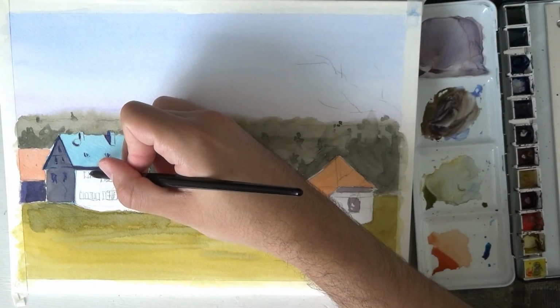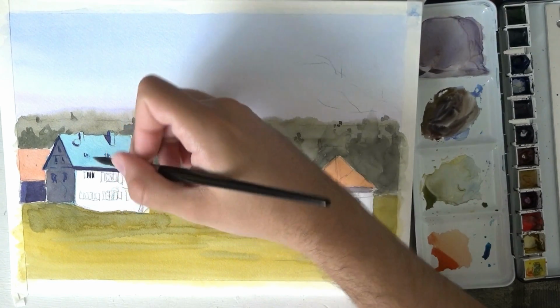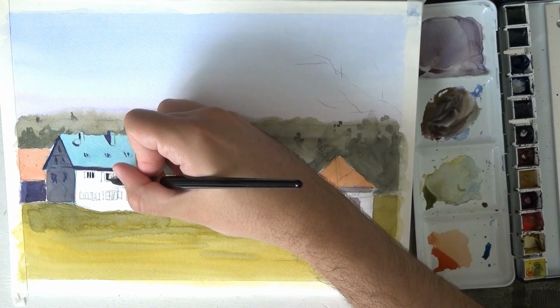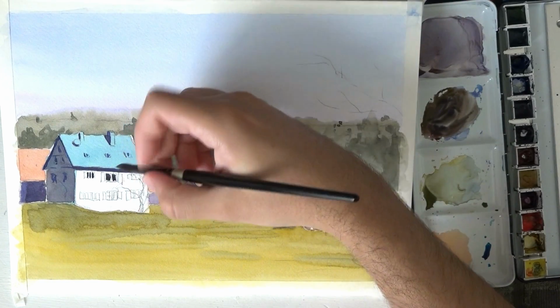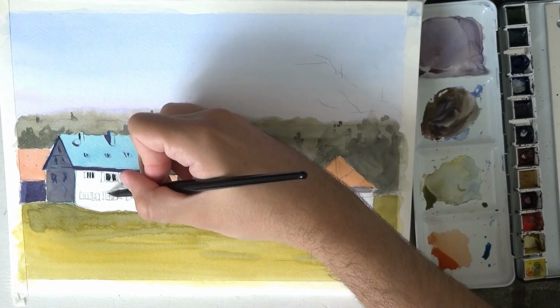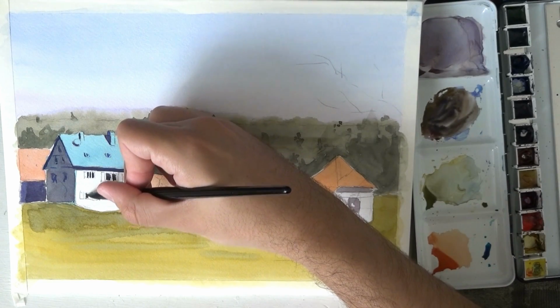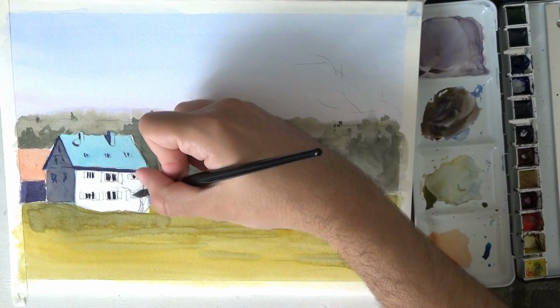Now for the windows, and this is an area you need to be careful in, because it's in the light, you can see all the details, it's the strongest contrast point of this entire painting. You just want to dedicate some attention to making it. I'm using fairly dry brush strokes here because I want to have as much accuracy as possible, and I want to use